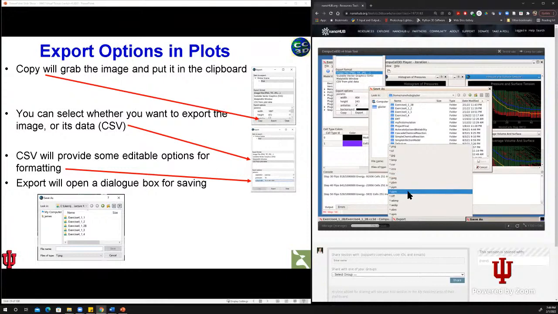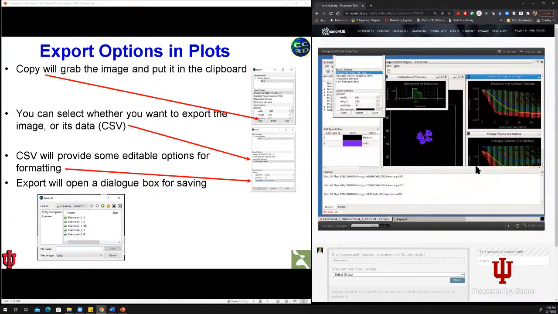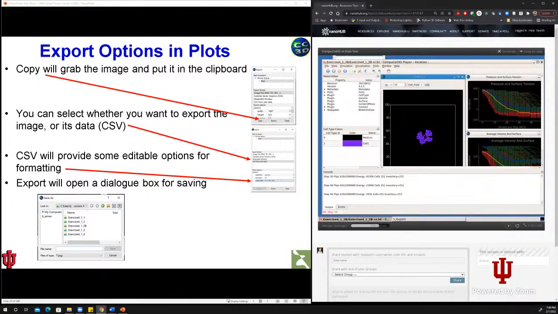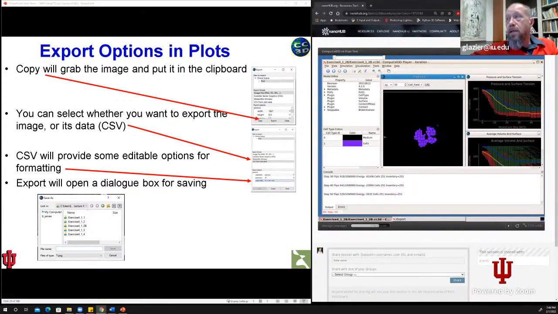Does that extend to the cell field capture? Because when I use it, it always defaults to PNG. Not if you just right click and export, but if you actually use the visualization to save an image on the nth Monte Carlo step, I don't see anywhere where you could specify the type. Okay, so there is no right click on the cell field. On the fields,